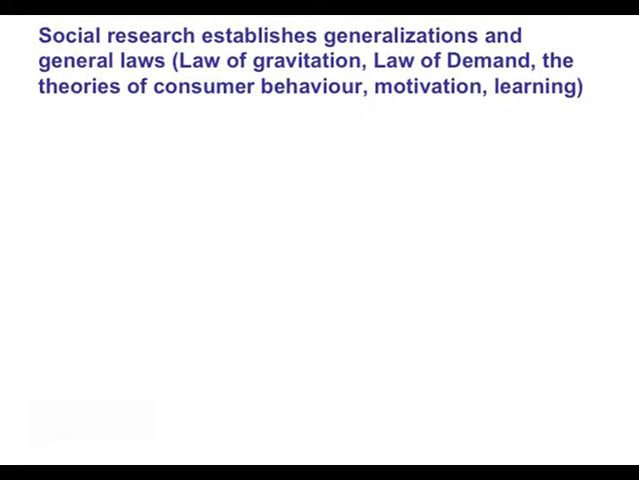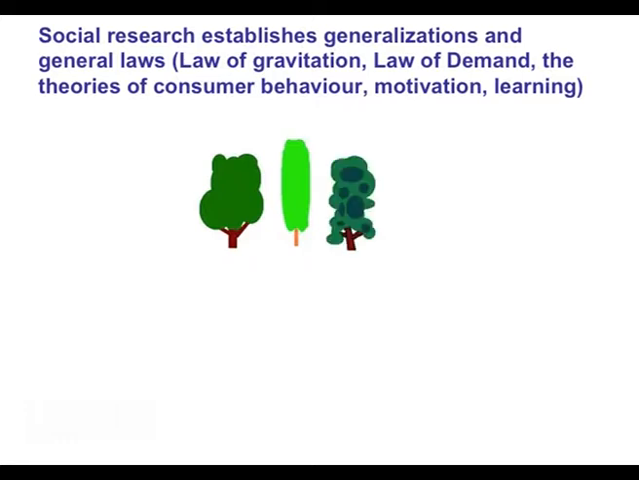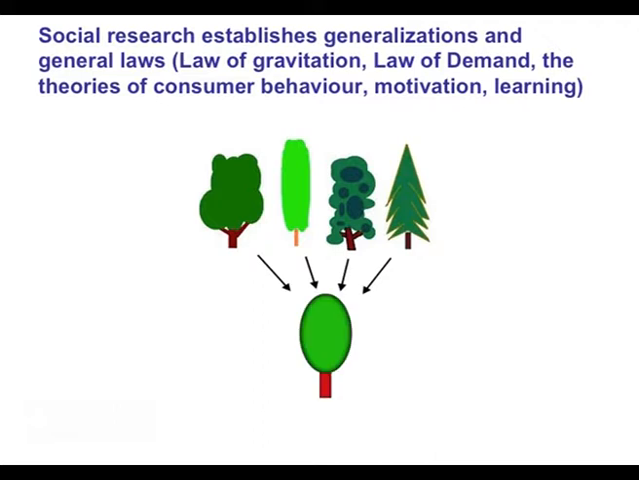Third, social research establishes generalization and general laws and contributes to theory building in various fields of knowledge. Our knowledge of separately known events is connected together to draw generalization and general laws. Law of gravitation, law of demand, the theories of consumer behavior, motivation and learning are some examples of such generalizations,